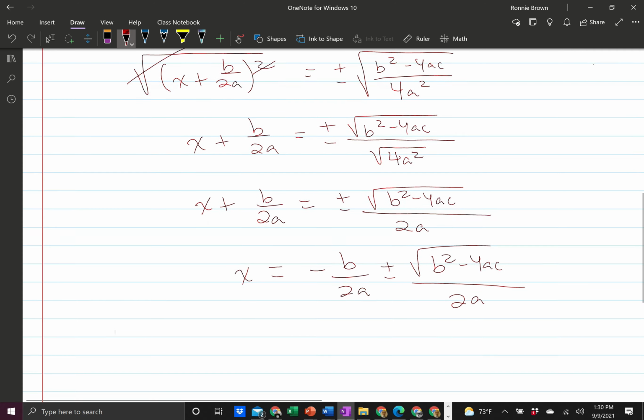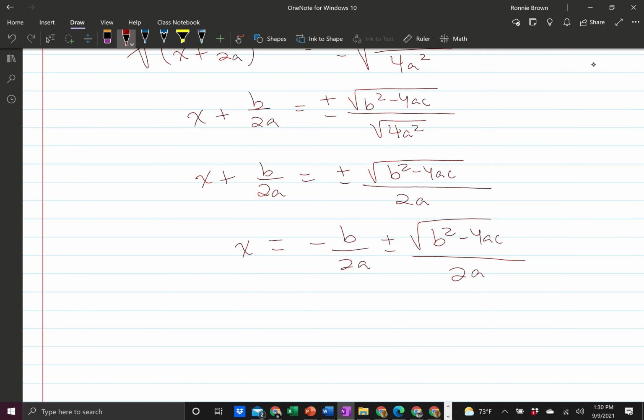Right? Looking at this, these two fractions on this right hand side have the same denominator, so why not just write them all over the same denominator? So we have negative b plus or minus the square root of b squared minus 4ac,